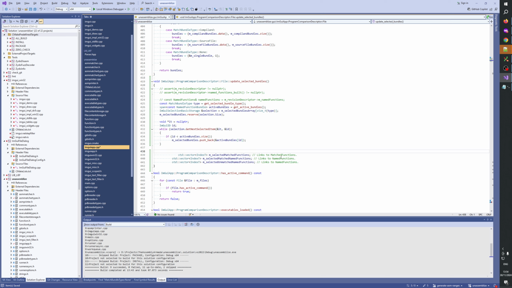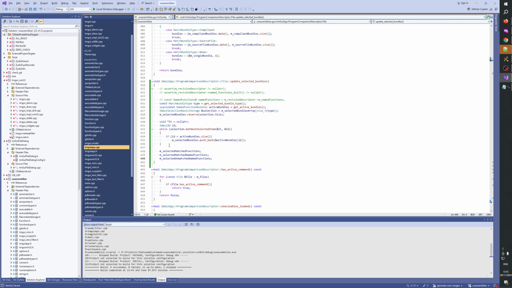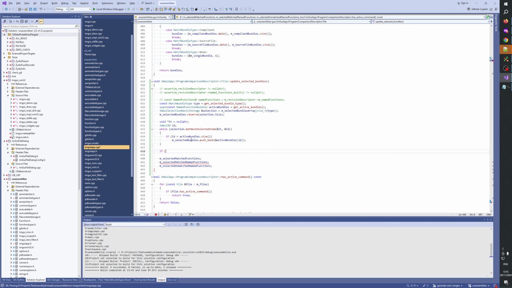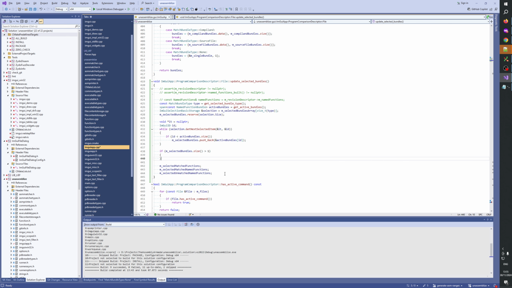Good. Let's remove these guys. Okay, so what we need to do is, if selected bundles size is larger than 1, then we need to build these vectors here. How do we build them? We need